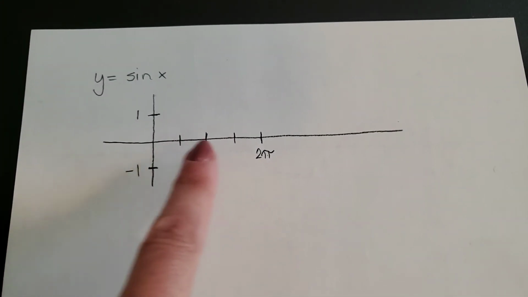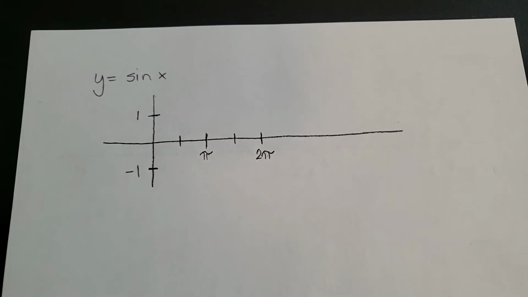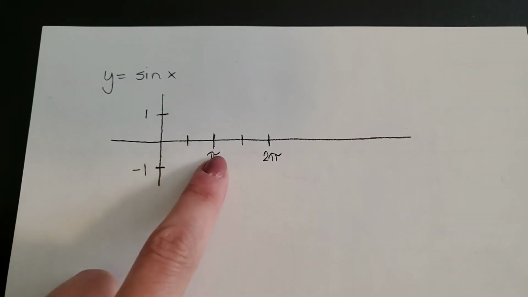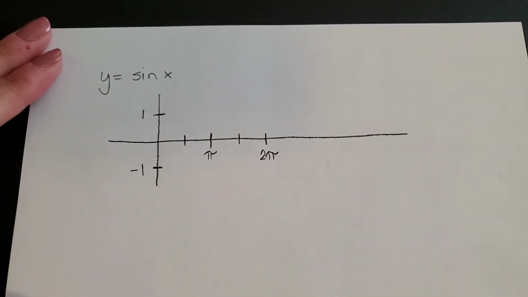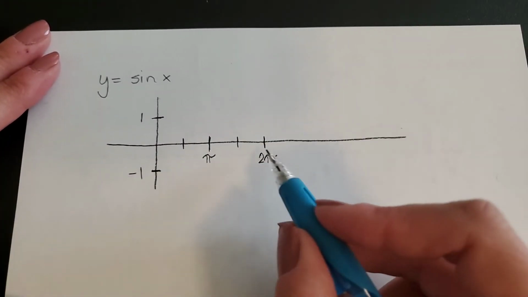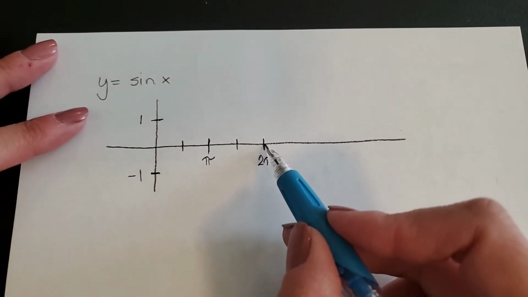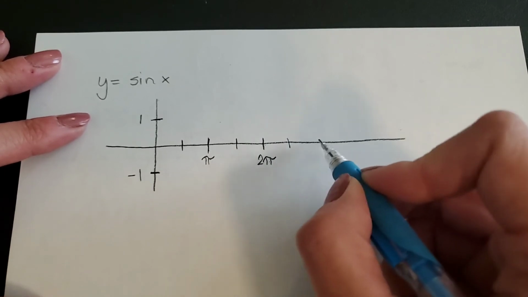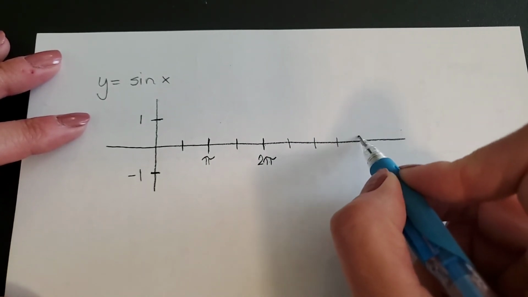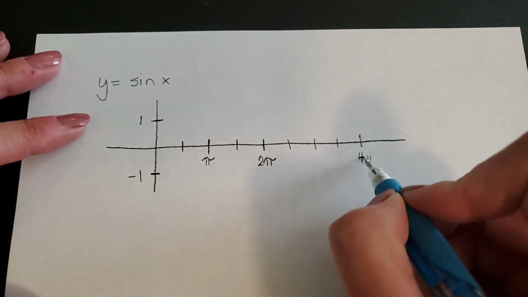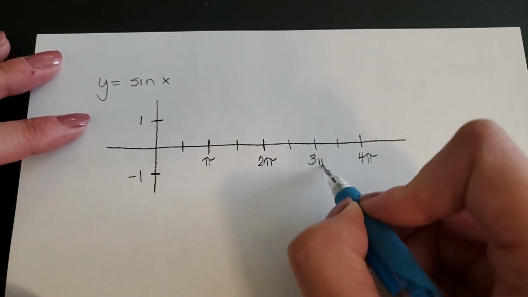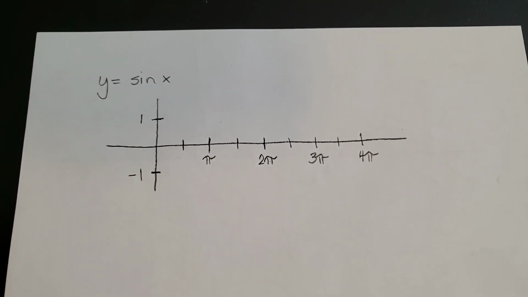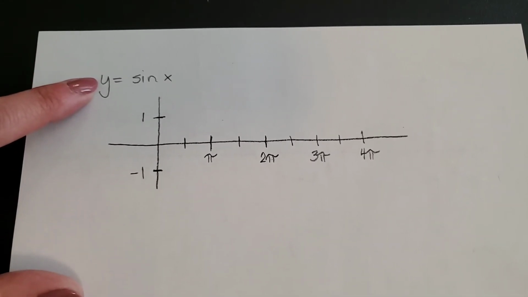And honestly, I don't keep marking my horizontal axis. I have enough markings there to figure out that each of those is pi over 2. You can mark them if you want to. Now, I like to, when I'm graphing the sine function, graph 2 cycles. So I'm going to bring those out to another period length, which is 4 pi. All right. So now I have my axes scaled,